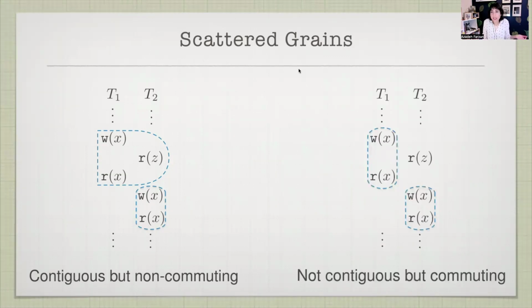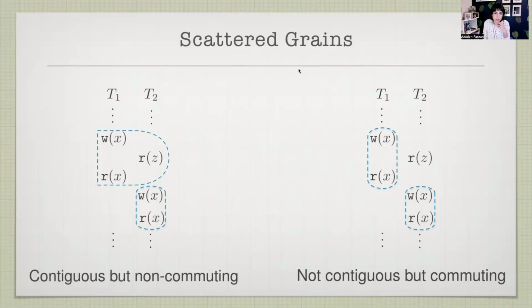And instead, if I could just pick the other side as a grain and leave that read of Z out, I would have things that commute. As humans, you can see here that read of Z has nothing to do with that grain. It can move up, and then these two grains would commute against each other, as they would for two contiguous grains. So this gave us the idea of what we call, in contrast to contiguous, scattered grains. Wouldn't it be wonderful if I was not doomed to only pick contiguous subboards as grains, but any subboards that would be useful to me?